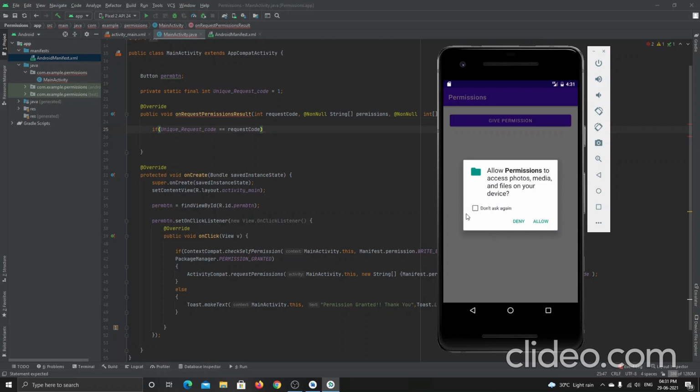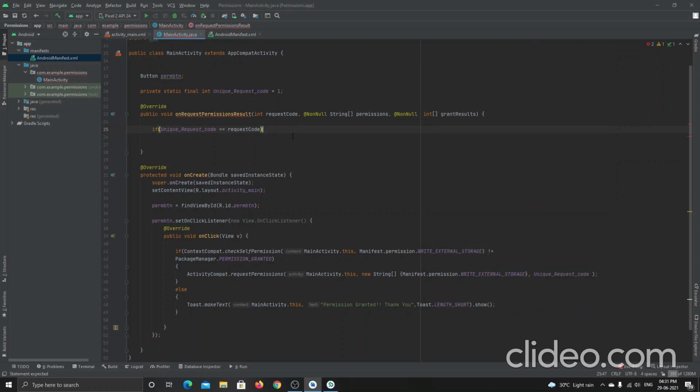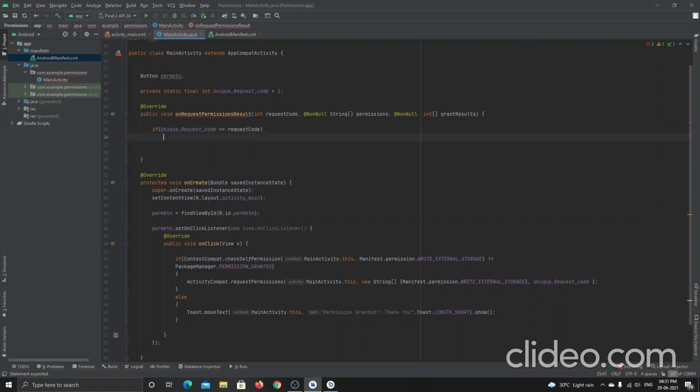We want to mention it, and ask the user to click OK and give the permission, and again get back to show this option. If he clicks on no thanks again, then it's okay. Like I will show you once this application builds.